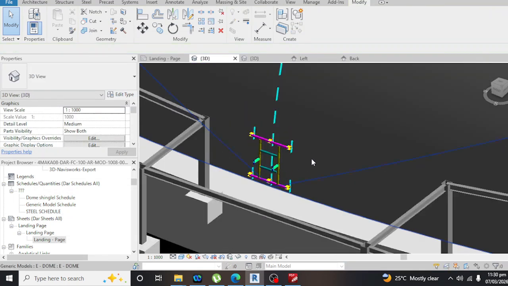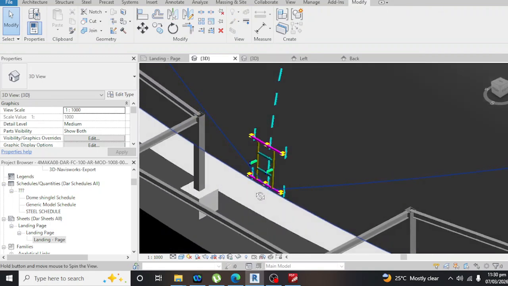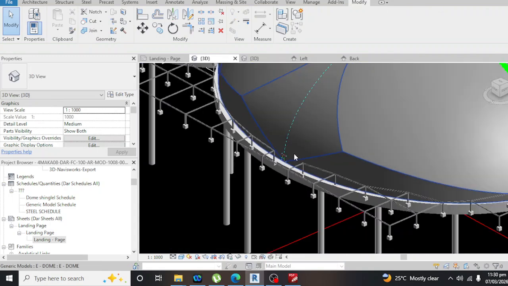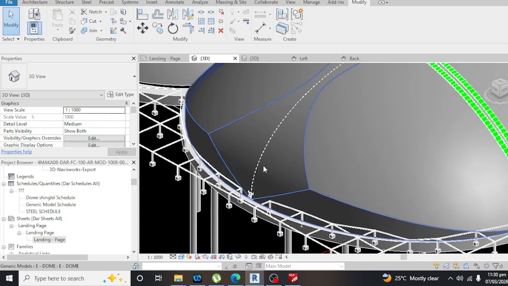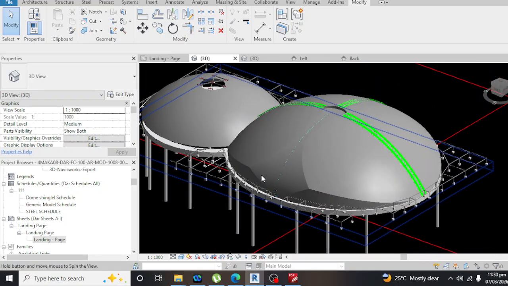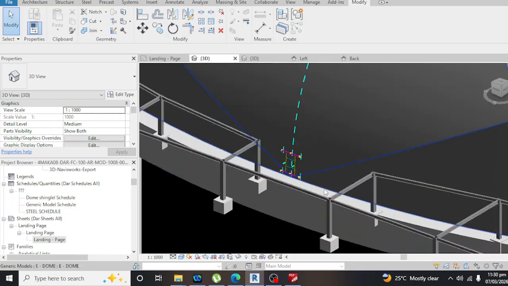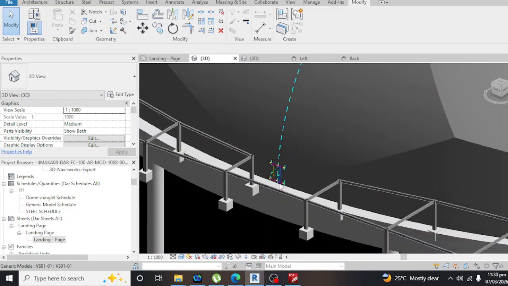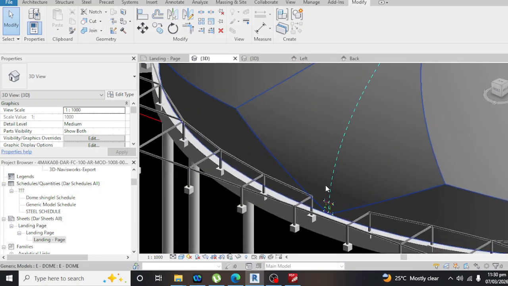So, guys, if you have a project and want to make shop drawings in full Revit, project and families only, contact me, guys. This is NS3.